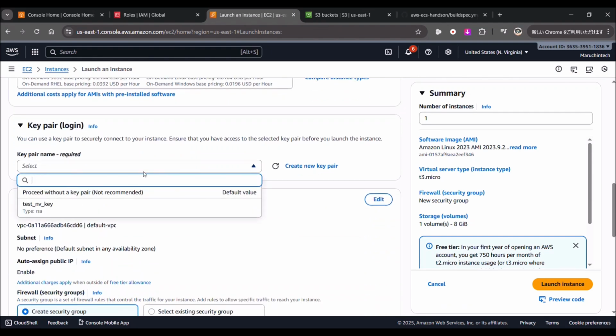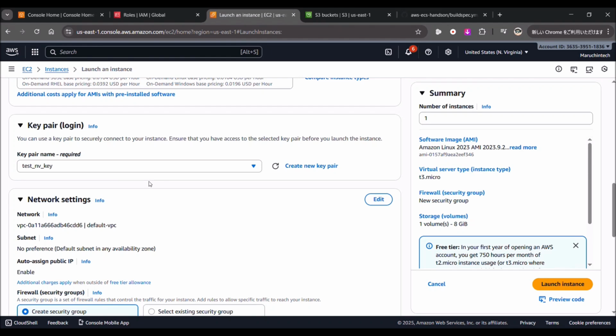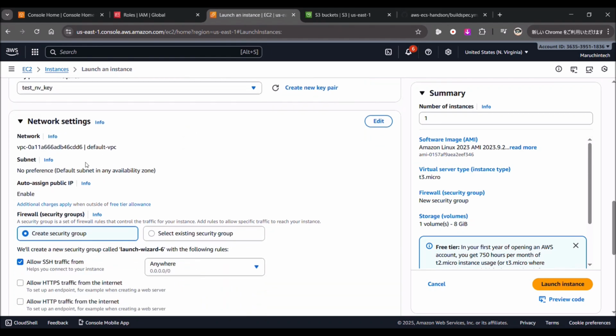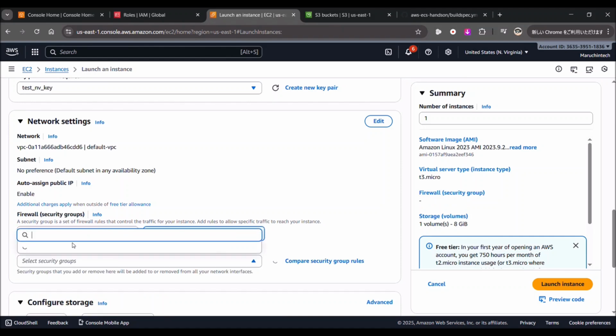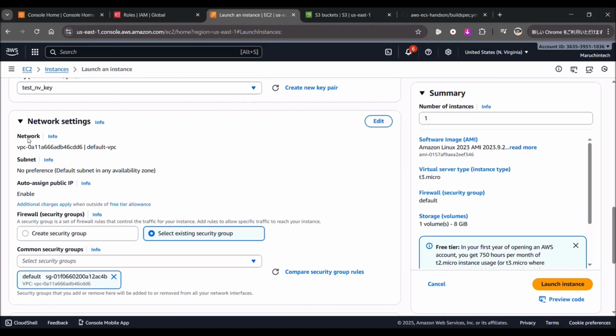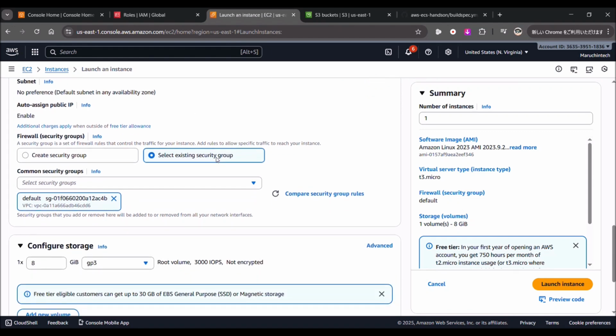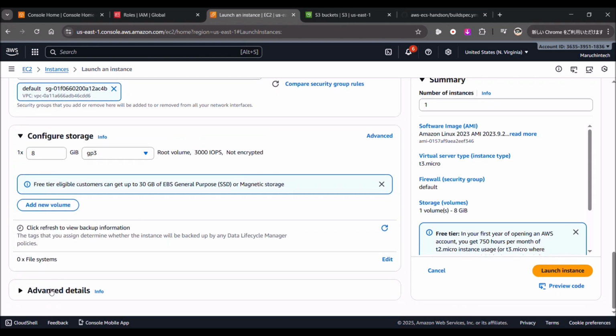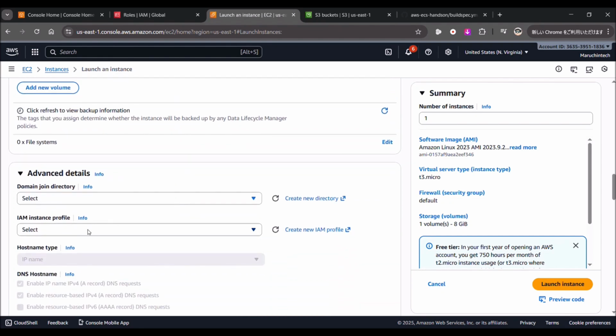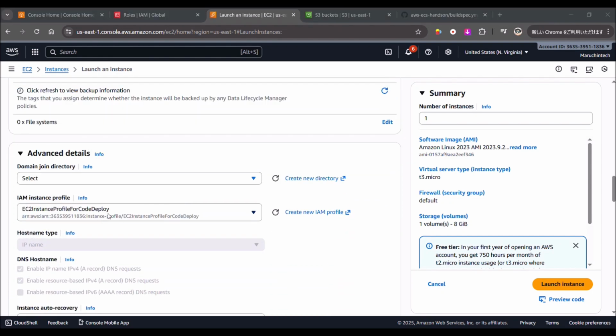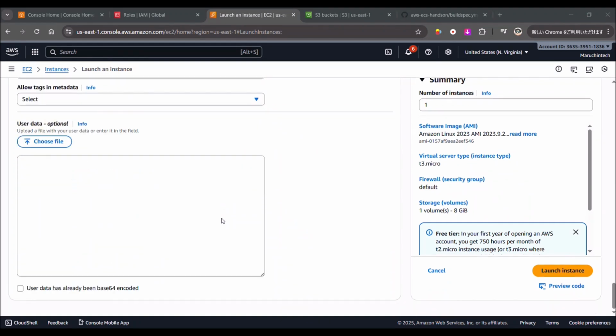And we're going to set up the key pair. If you don't have a key pair, please create one from here. And I will use the default VPC and the default security group. The security group must allow HTTP access so we can check the result later. Scrolling down to the advanced details, for the IAM instance profile, select the EC2 instance profile for CodeDeploy role we created earlier, and further down to the bottom, in the user data field, I put a simple script